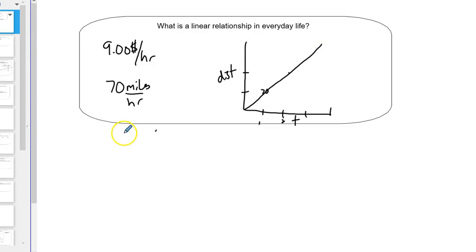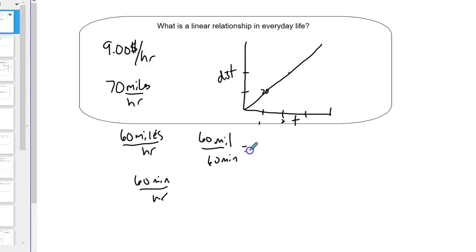It always kind of stuck with me as a kid, 60 miles per hour, because there's 60 minutes in an hour. So you're going 60 miles in 60 minutes, so you're going 1 mile every 1 minute. It's an interesting little relationship. You can drive past the mile markers and test it out on the highway with a timer, though obviously not while driving. If you're going faster, then it's more than a mile per minute.